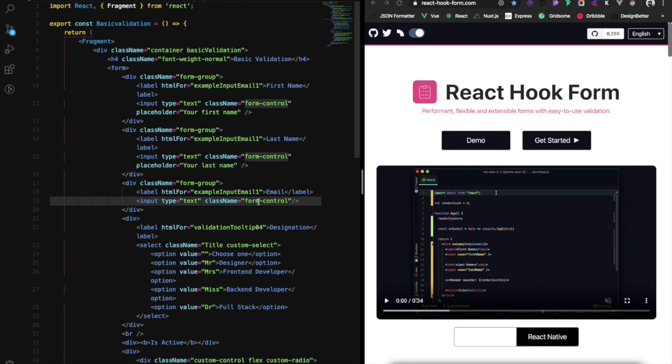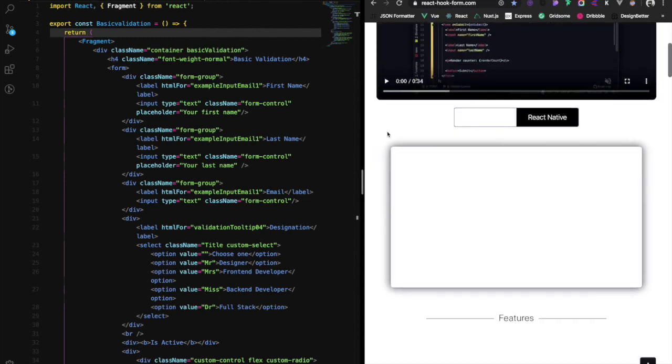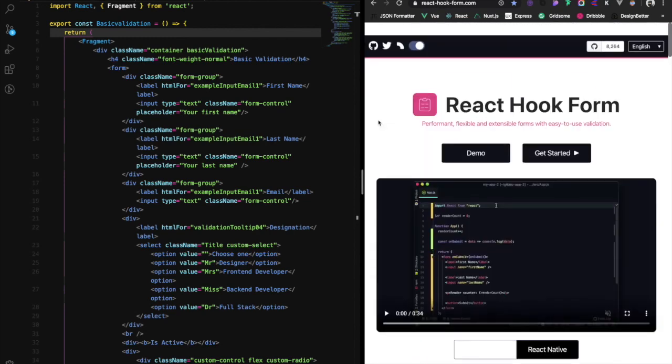I will divide this video into three parts. Firstly, we will learn about basic form validation. Second, we will learn about custom validation. And third, we will learn about matching fields inside our form. So let's get started. Taking a look at the documentation of React Hook Form, it's really good documentation